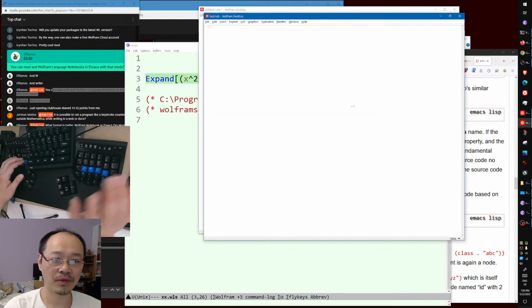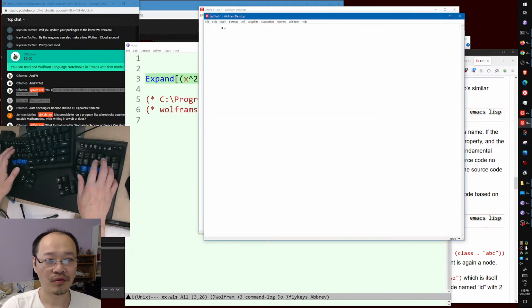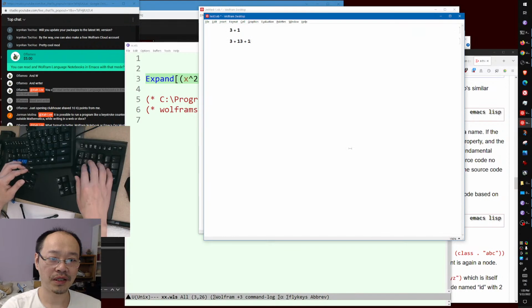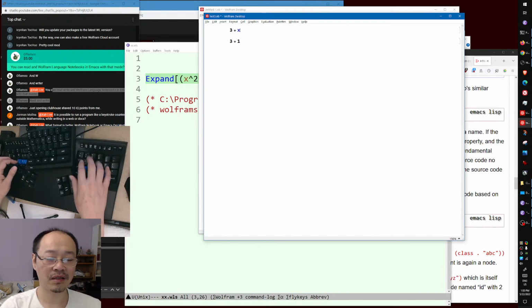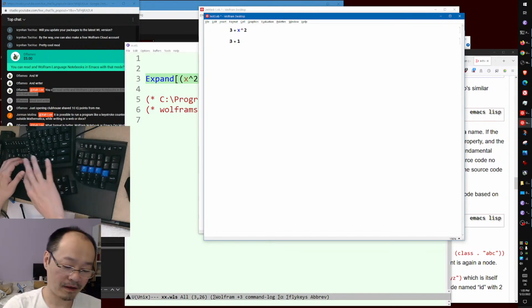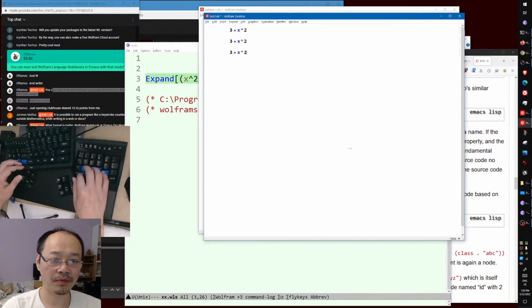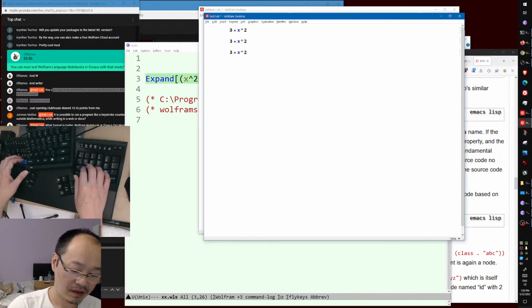Okay, so I'm gonna show you this. 3 plus 1. Let's make some copies of these, 3 copies. Let's say 3 plus x squared. Copy, and the first one,